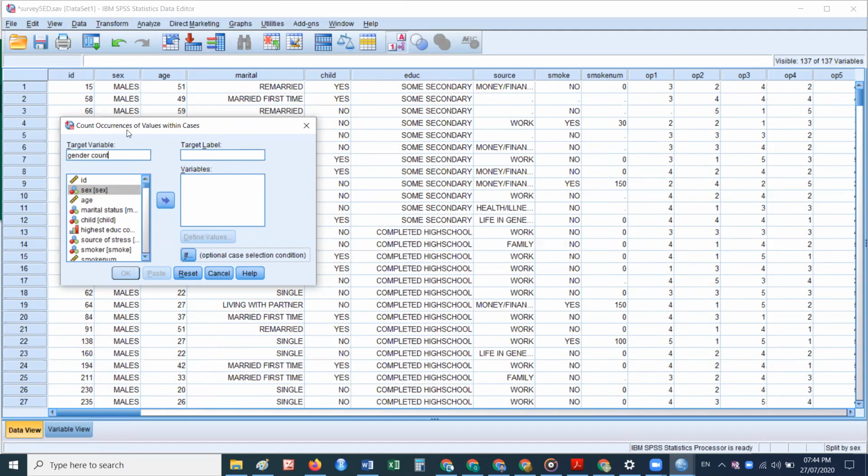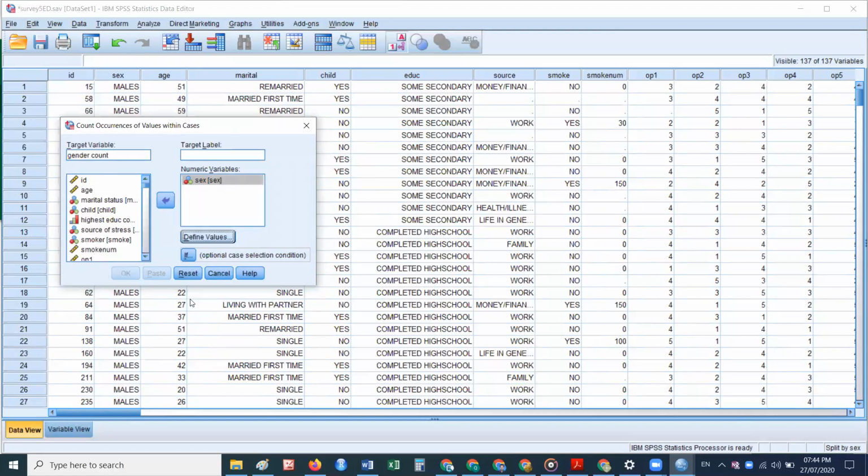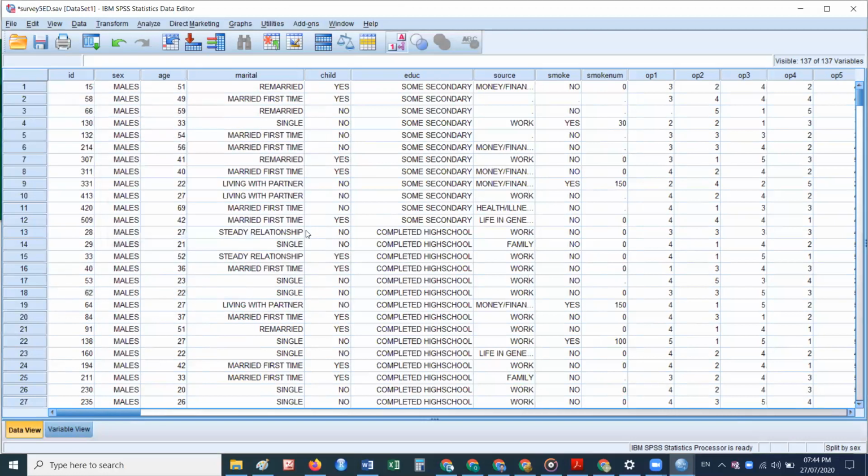Target variable count occurrences of values within cases. Just sex, define values, males. I'm skipping this option here because it has too much detail.